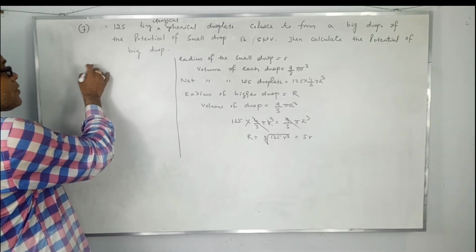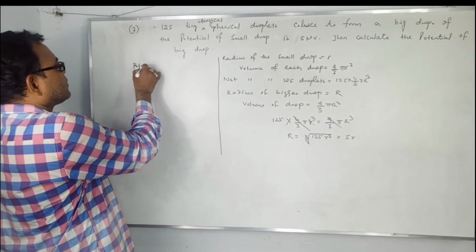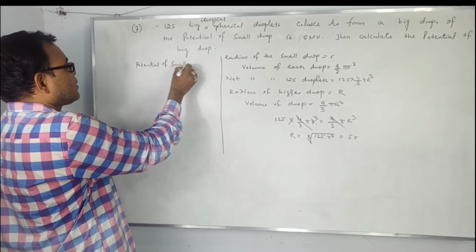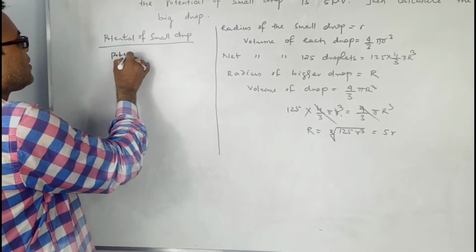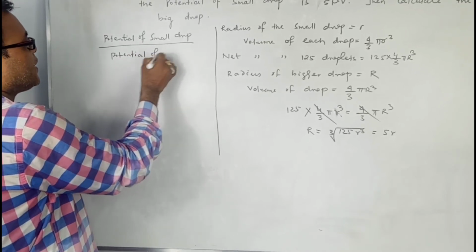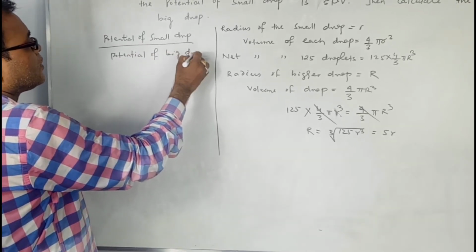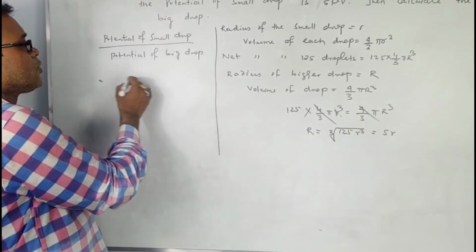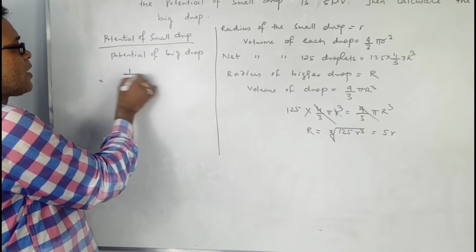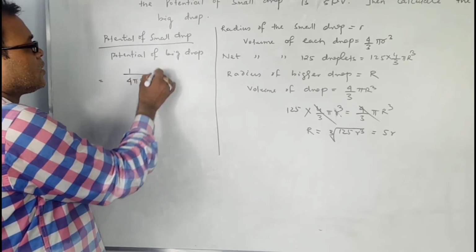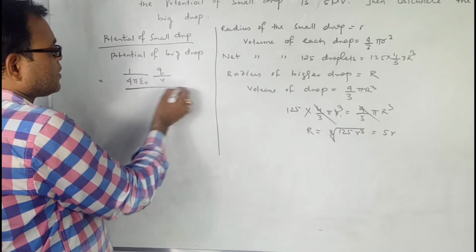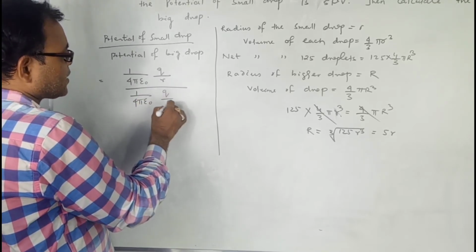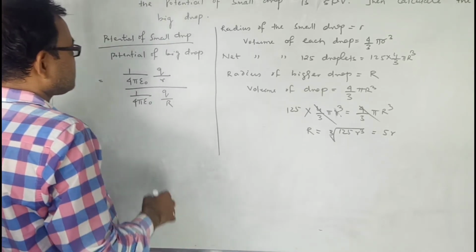The potential of a small drop, the potential of a big drop, as per the formula V equal to 1 by 4 pi epsilon 0 Q by R. So 1 by 4 pi epsilon 0 Q by small r, divided by 1 by 4 pi epsilon 0 Q by capital R. So our answer becomes